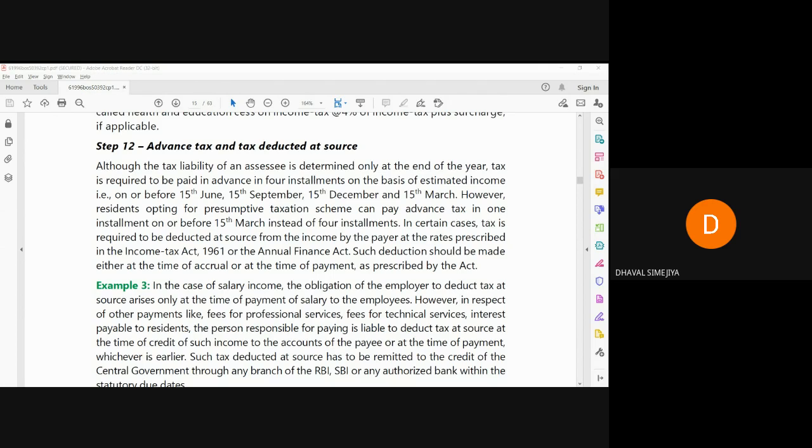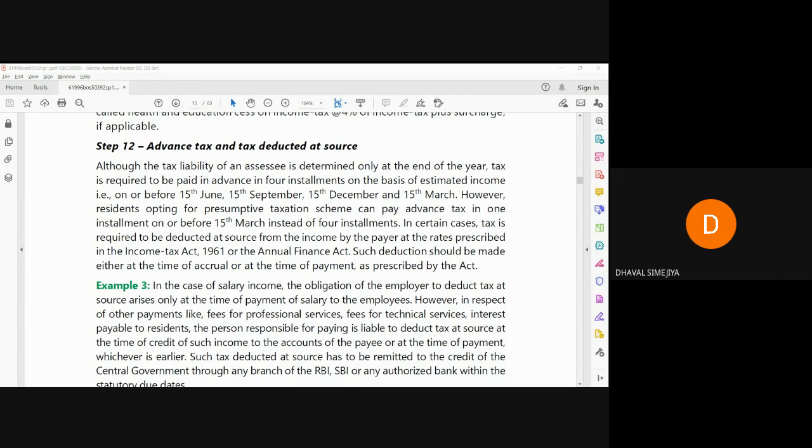Advance tax means, for example, I have to pay 1 lakh rupees to the government as a tax amount. Okay, my tax amount is 1 lakh rupees, not my income. Now, income tax says you are supposed to pay some installments of this tax step by step to me as an advance tax. I say why? So the government says that